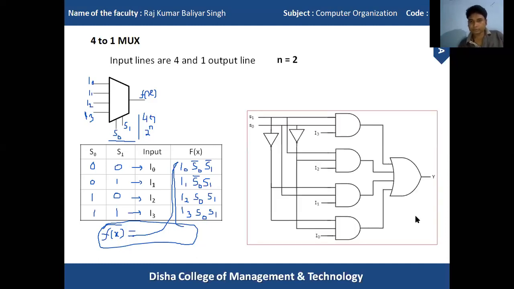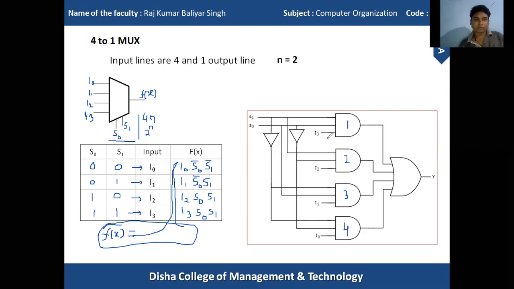So this is the logic diagram, the circuit diagram, for this 4 to 1 MUX. Okay, so we have s0 and s1 as select lines, and we have four different input lines, I0, I1, I2 and I3. Let us consider this as the first AND gate, this is the second AND gate, this is the third AND gate, this is the fourth AND gate, and we know the property and functional characteristics of the AND gate. The minimum input of an AND gate is 2. We can add more input lines into the AND gate, and the AND operation is the dot operation.